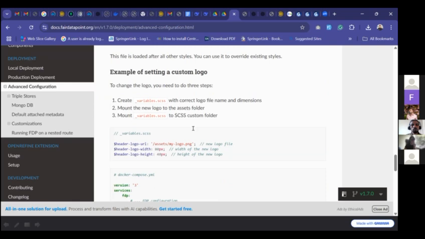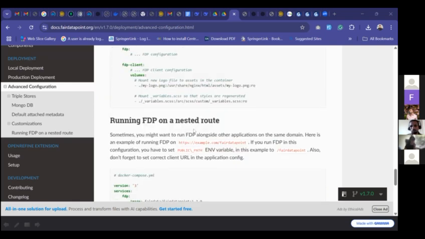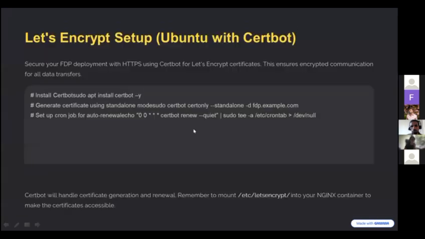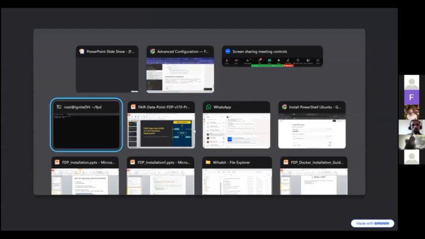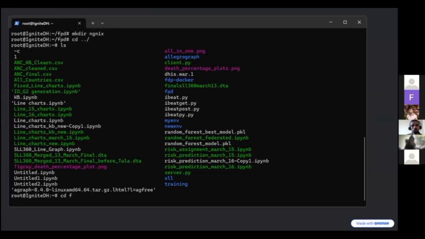Once this configuration is done, the only command that you'll be running would be docker compose up or docker compose down to either run it up or down. Then it will start. For instance, I have here, if I